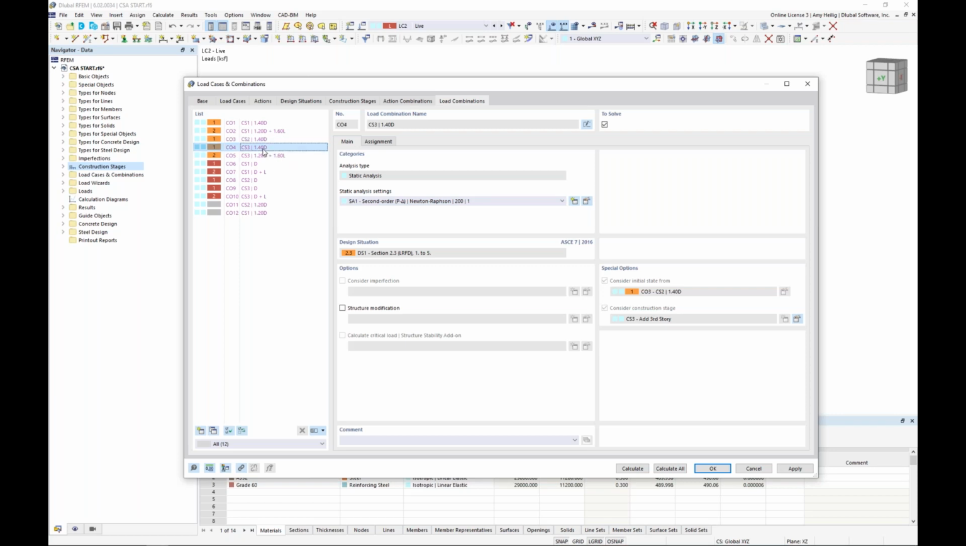Same exact concept here for construction stage number 3. We can see the initial state is set here, but we're also factoring back in our live load. So we see 2 additional load combinations here. Same exact concept for my unfactored load combinations that are a part of this second design situation here, my ASD design situation. Now we see a couple of grayed out load cases down here at the bottom,